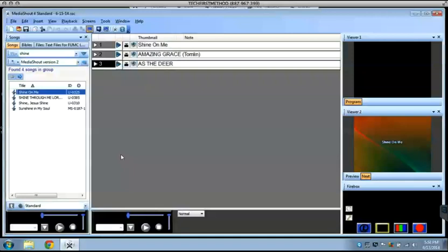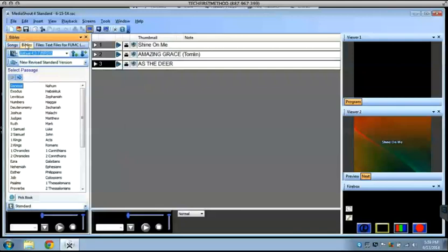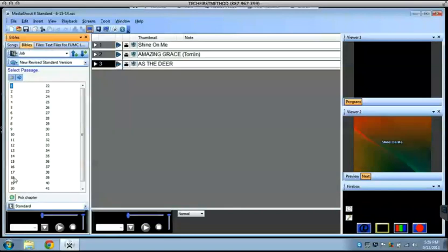Okay, this segment is for entering scripture and text files such as the Apostles' Creed or one of the liturgy things that the congregation reads or recites. So you click the Bible tab here, and then let's say that the first scripture is Old Testament and it is Job, so you click Job for